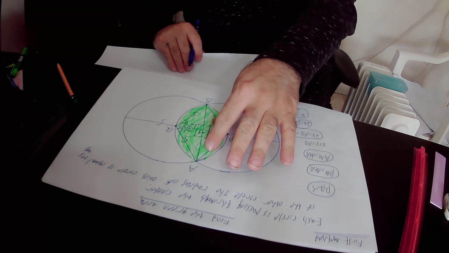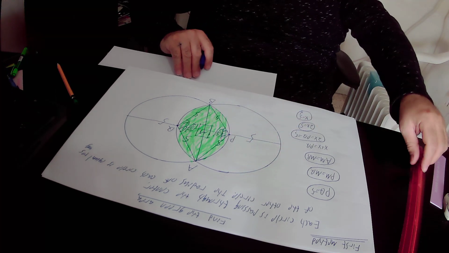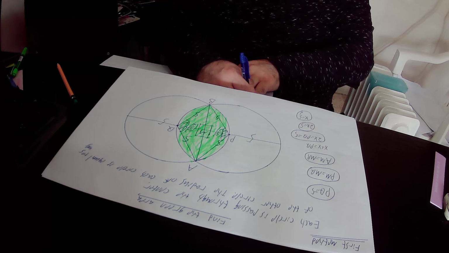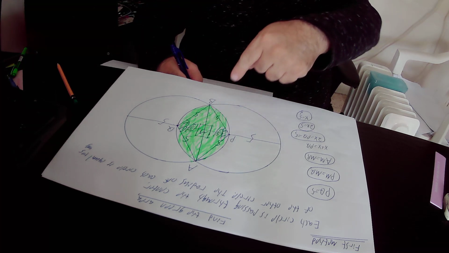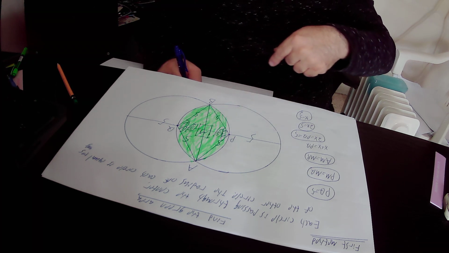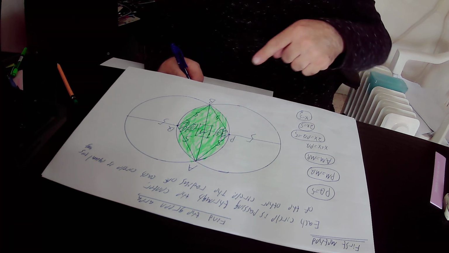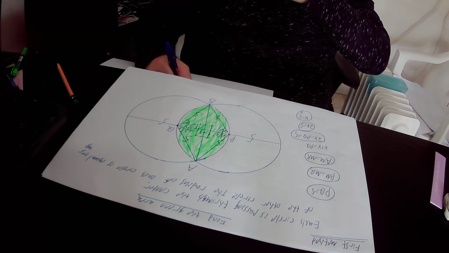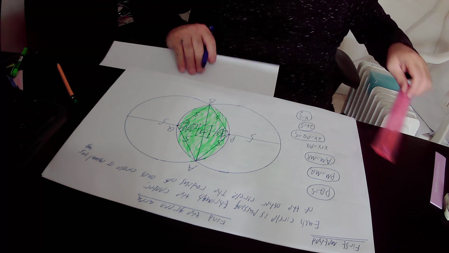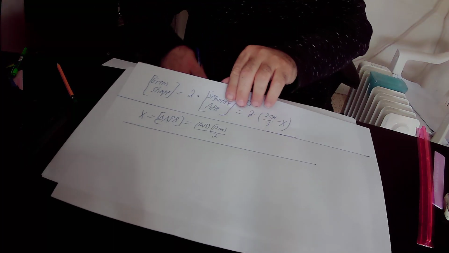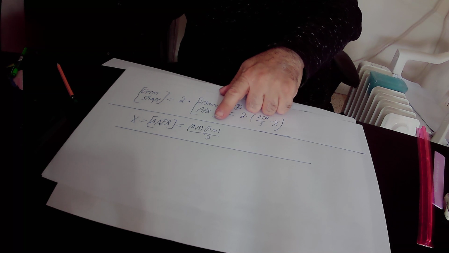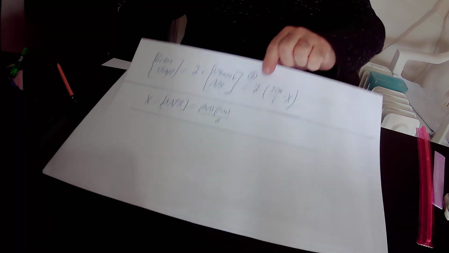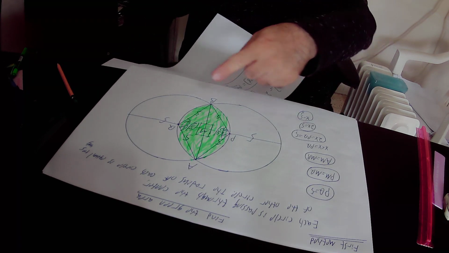We calculate the area of this triangle, triangle APB. The area of triangle APB is equal to the base of the triangle, that is AB, times the height to the base, that is PM, over 2. I'll repeat again. The area of triangle APB equals the base, that is AB, times the height to the base, that is PM, over 2. So we will find out the value of AB,